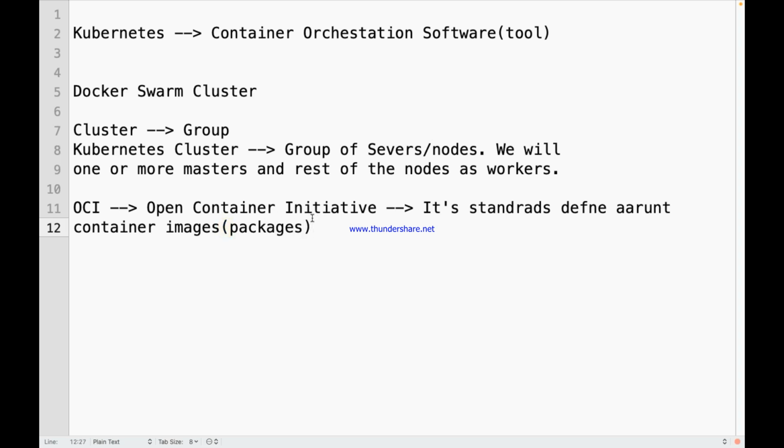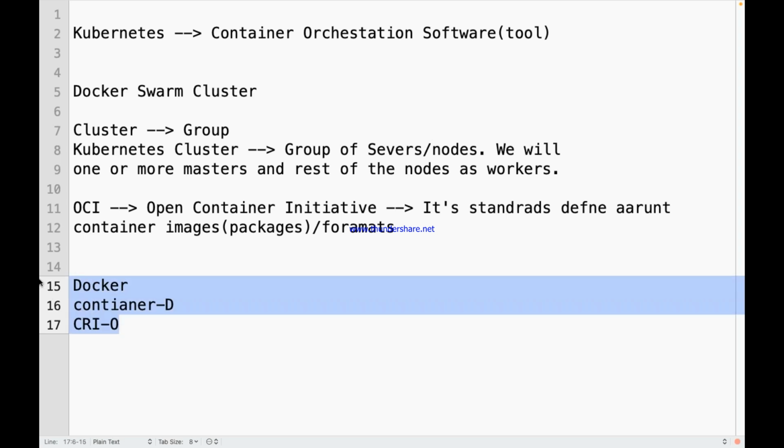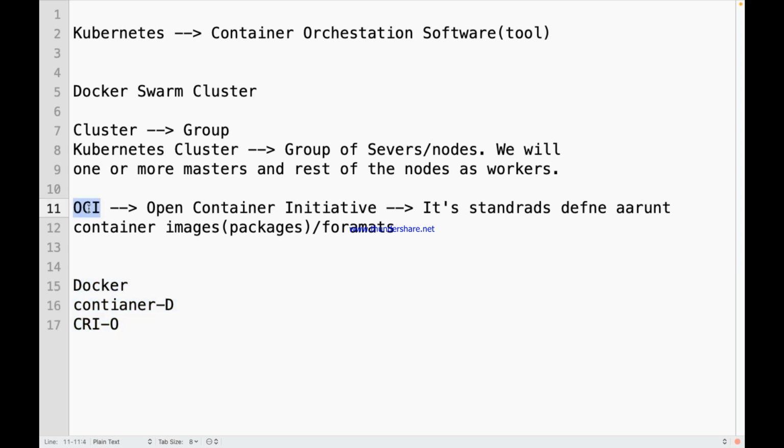Basically container images or formats. So now every containerization runtime like Docker, containerd, CRI-O, all these are following the standards defined by OCI. Which means even though I am using Docker, if Docker is following these Open Container Initiative standards